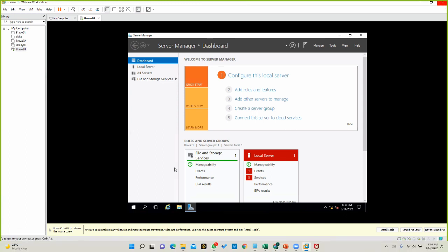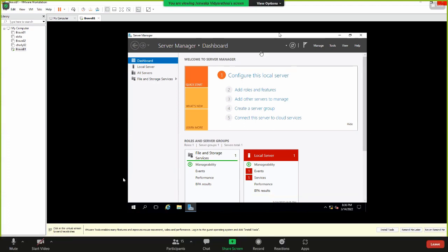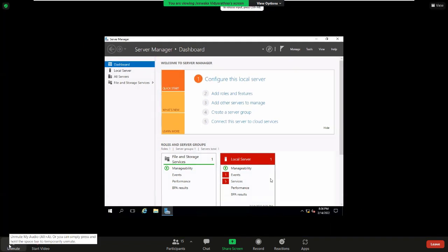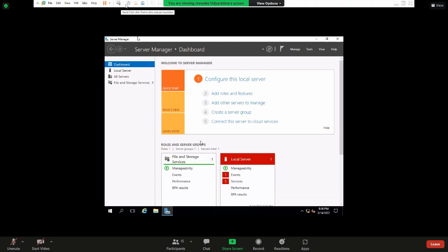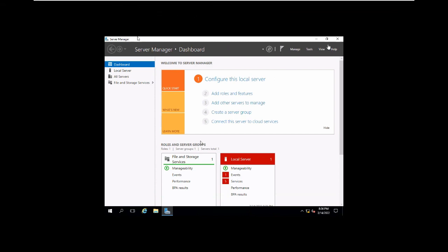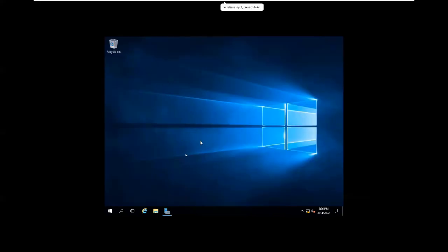So assume you can all see my screen. I put it into full screen mode. Does this give you the full screen?